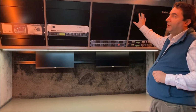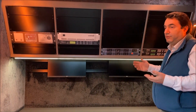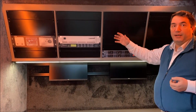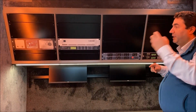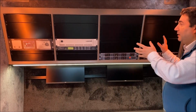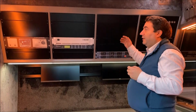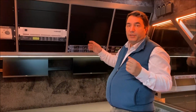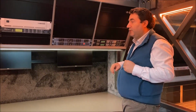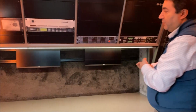racks, each of them with 12 RUs, so that since you will need your intercom and some other devices that you need to have under your fingertips, so that you will change parameters, you will play something, you will record something, you can house a serious amount of equipment here. The depth of this area at the minimum is 55 centimeters, so this will be good for most of your equipment. We also considered you will have some video monitoring requirements, and